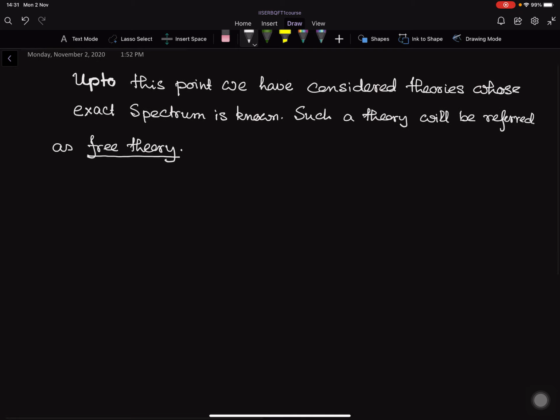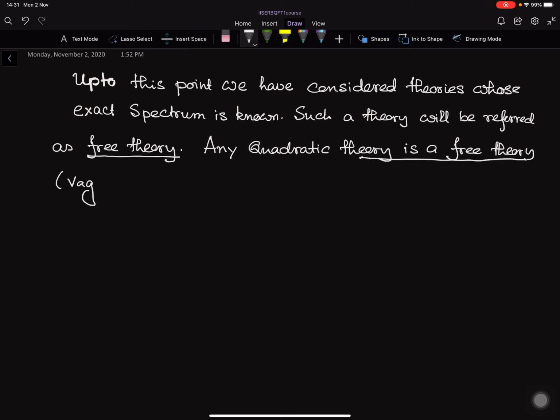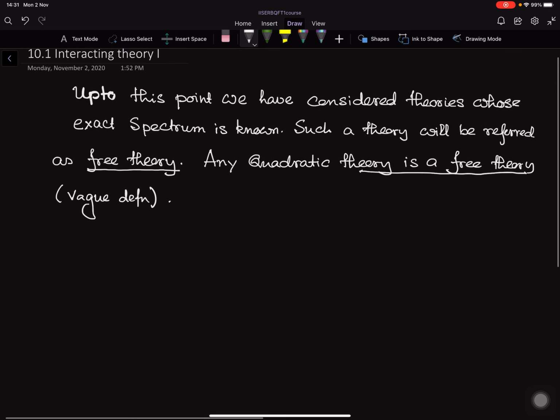Very vaguely speaking, any quadratic theory is a free theory. Okay, this is a very vague definition because we'll try to make it precise later. So for the moment, just go ahead with this. And this means that what happens is that whenever there are non-quadratic terms,